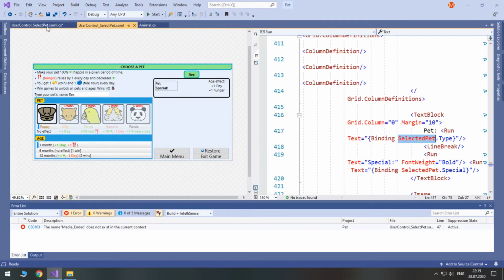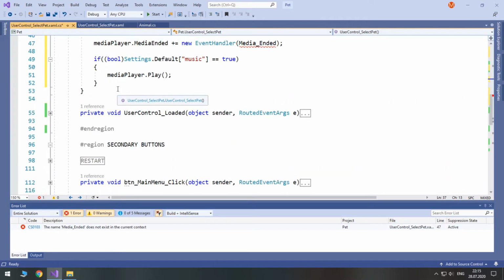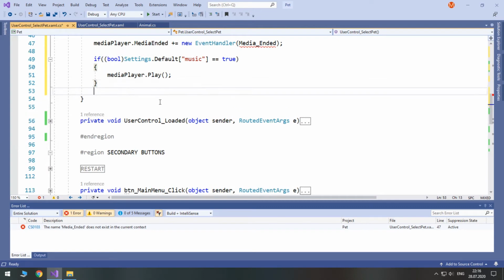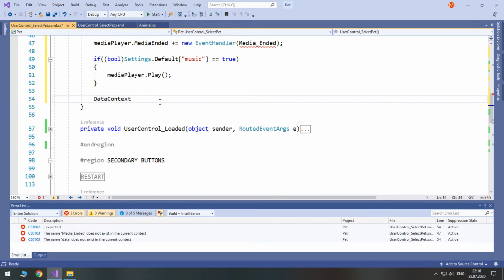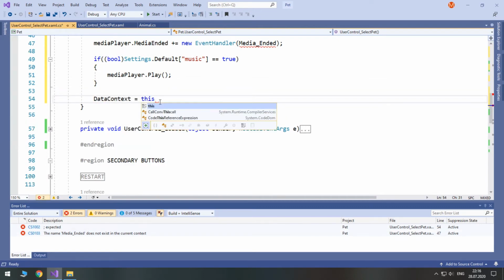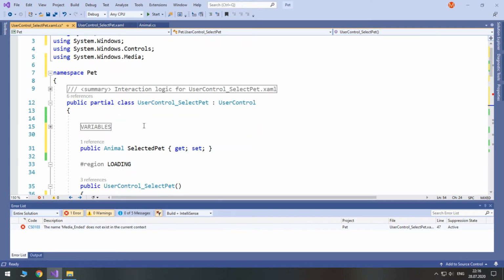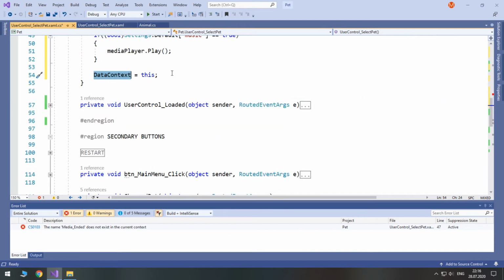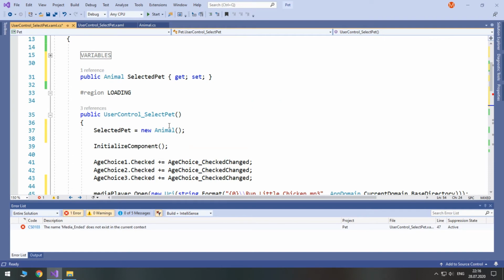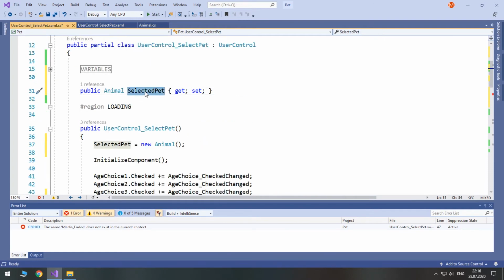But in order to make it workable, we need to set the data context to this. In this case, this means user control select pet, and by setting data context, we say where we have properties to be bound to. In this case, this very CS file is the destination for binding, because our properties are here.